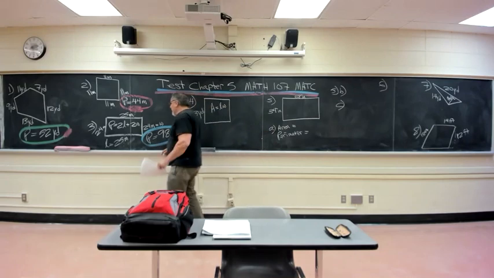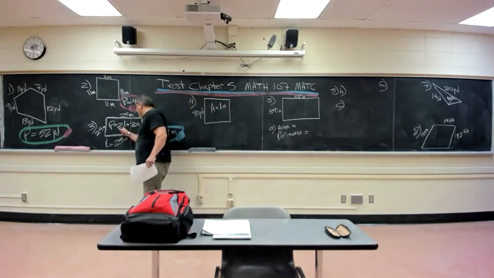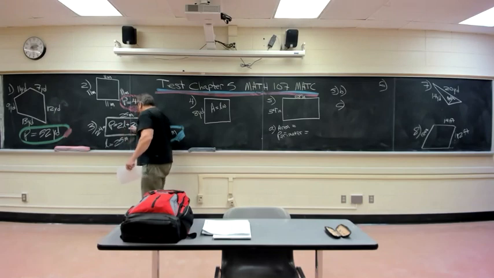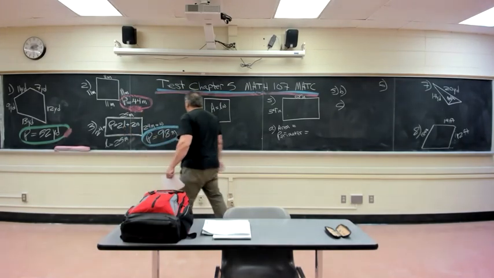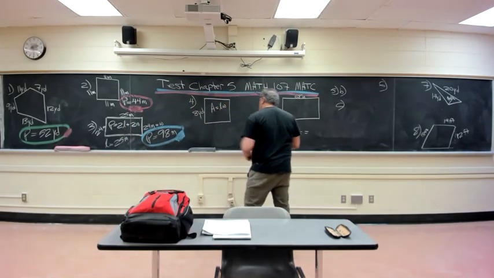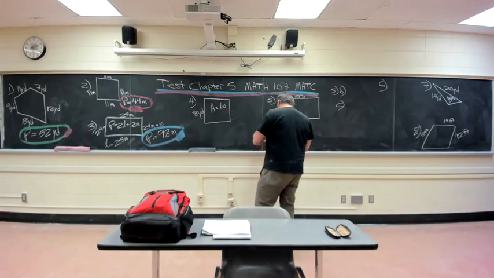Basically this is what I did. We took the length, it's 25. If you double the length, double 25, you get 50. If you double the width, 24, double 24, you get 48. 48 and 50 is where the 98 comes from. Okay? That's 1, 2, 3 right there. For 4,